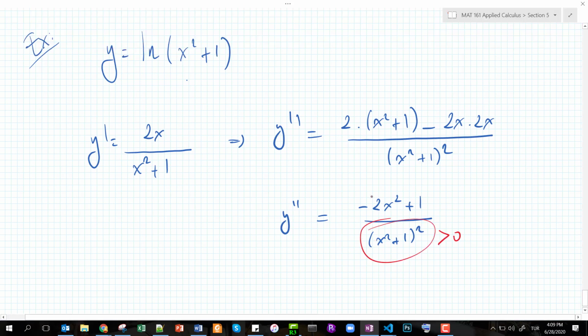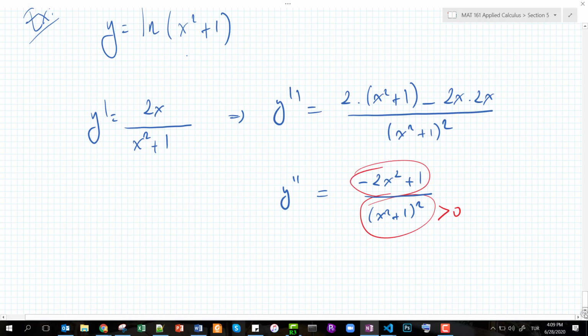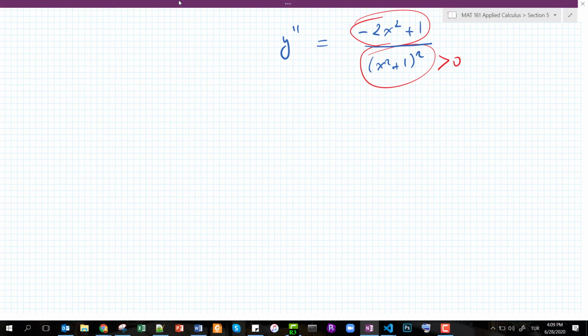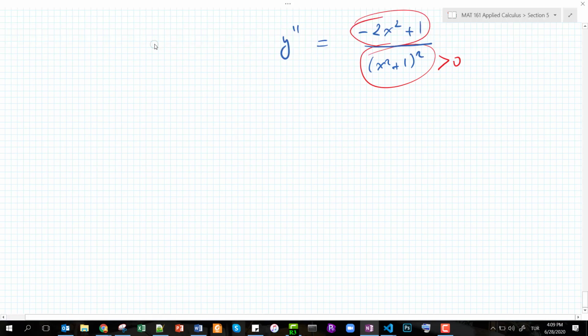That's why you need to check when this expression is bigger than or less than 0. Negative 2x squared plus 1, I need this expression to be bigger than 0. So if I solve this inequality, 1 should be bigger than 2x squared, and then,